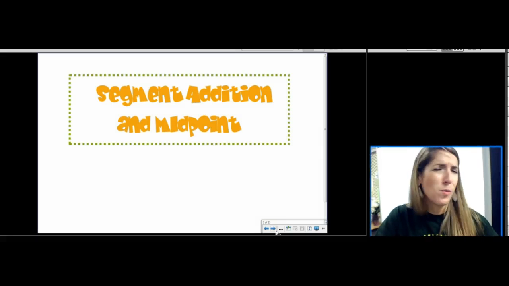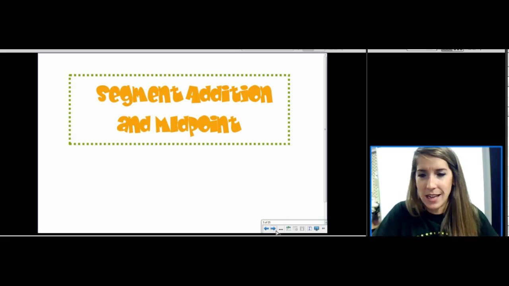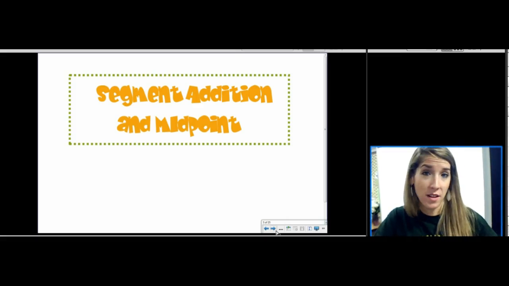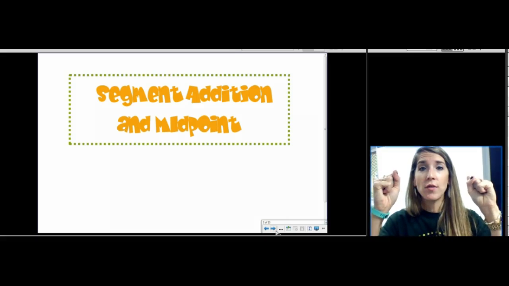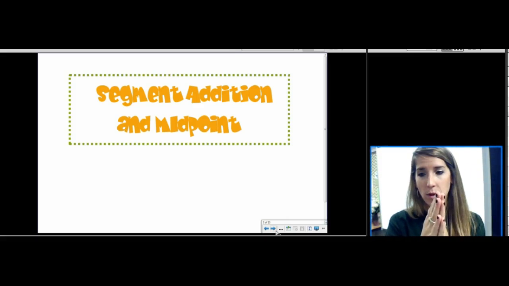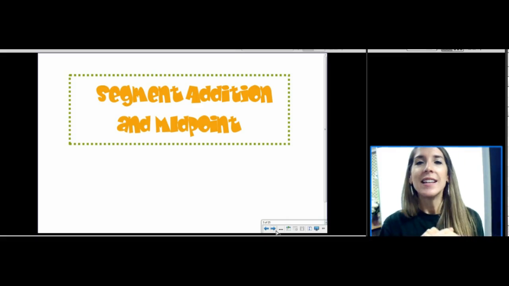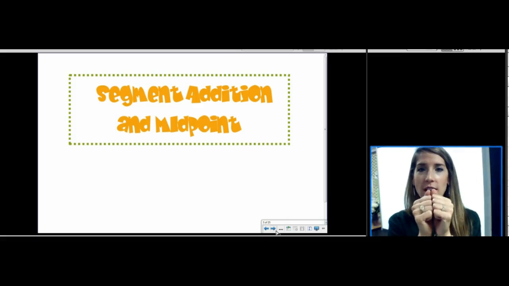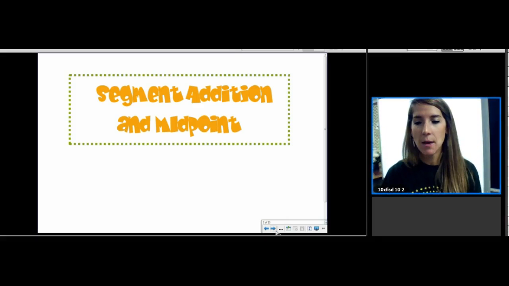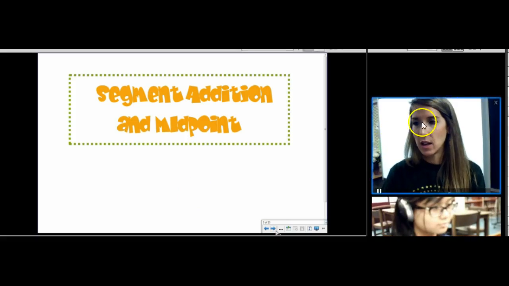Now, you're like, wait, we already learned midpoint on Tuesday. That was the midpoint formula. That was if you're given two coordinates, how do you find the coordinate of the midpoint? Now, today, what you really were trying to do on Tuesday, today we're going to talk about the length of the segments. Not the coordinate, but lengths. So today we're going to talk about lengths, whereas on